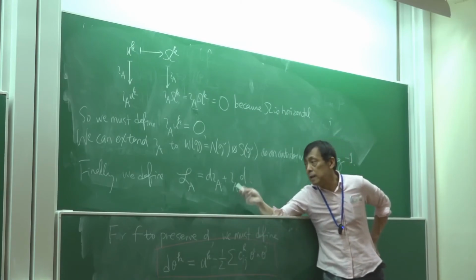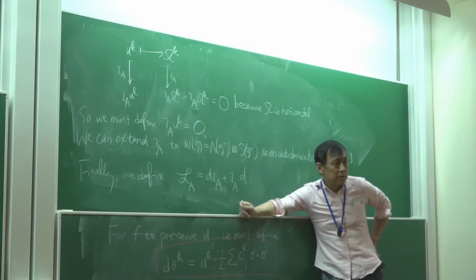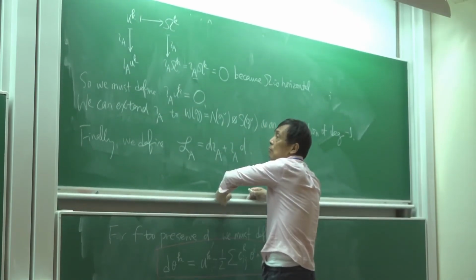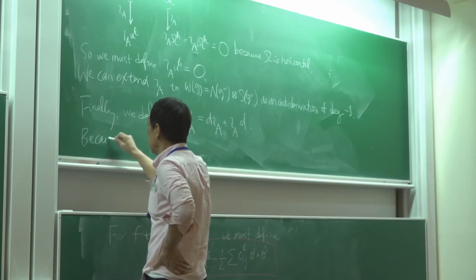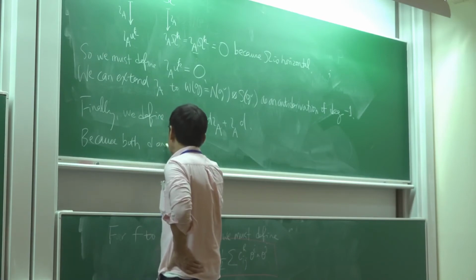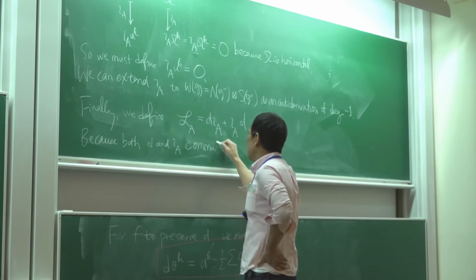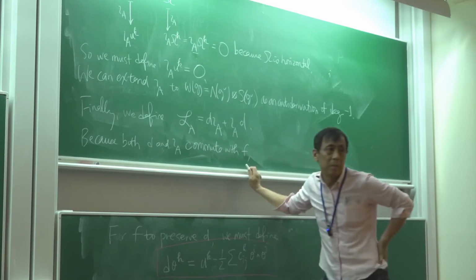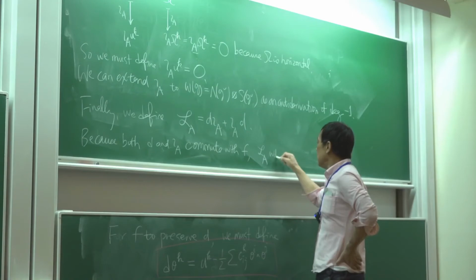And because both D and IA commute with F, the Lie derivative will commute with F. LA will also